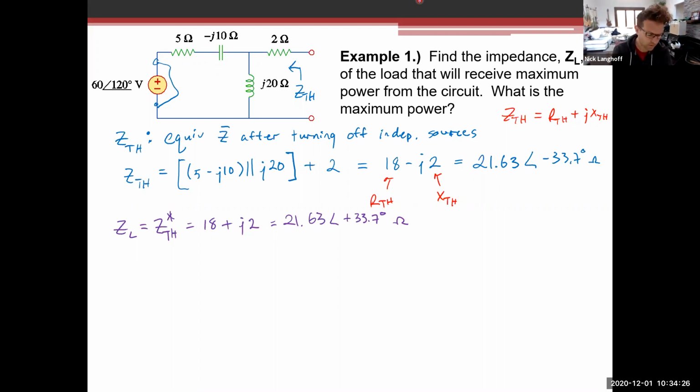We've solved for that. And then finally, we can calculate P max. Remember that P max is equal to the magnitude of V Thevenin squared, divided by 8 times R Thevenin. So to find V Thevenin, realize that V Thevenin is equal to VOC, right? It's the open circuit voltage